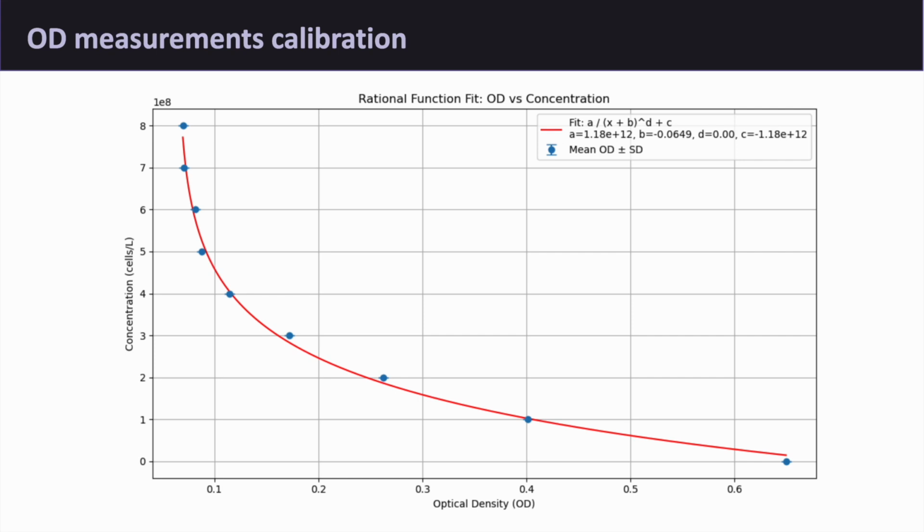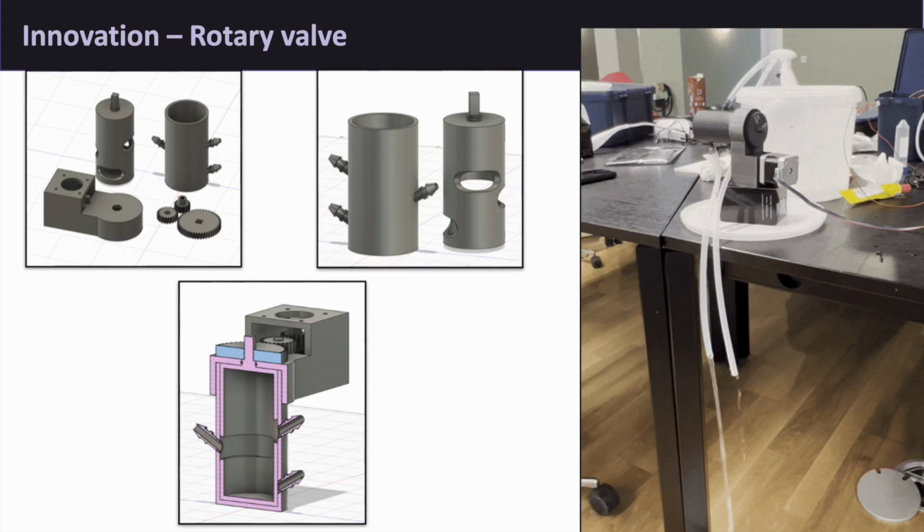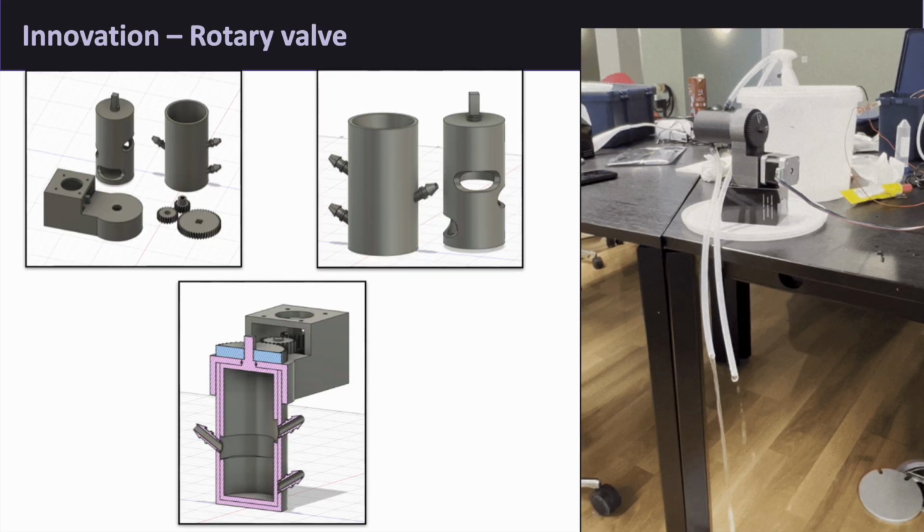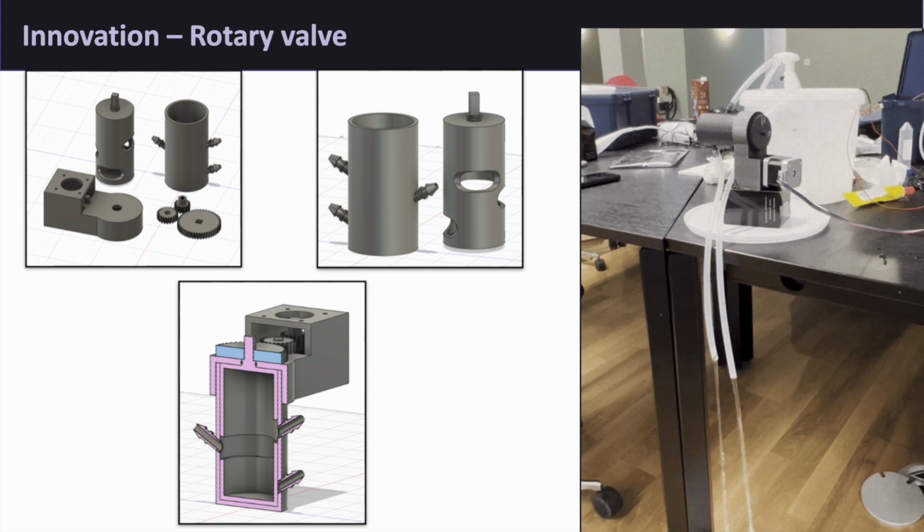By diluting a known algae culture, we prepared samples at defined concentrations and recorded the sensor's response. The resulting data showed a consistent inverse relationship, allowing us to fit a rational function for accurate OD to concentration conversion. We explored reducing the number of pumps by integrating a rotary valve to switch flow direction, as shown on